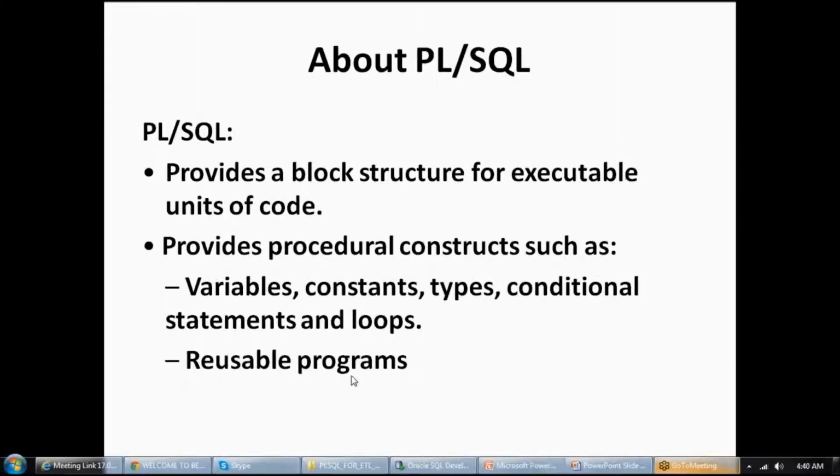Fine. Okay, just see this about PL/SQL. We can write the PL/SQL program in such a way that we can reuse it. Once you write the PL/SQL program and want to use it any number of times in the future, you can develop it, compile it, and the compiled code can be stored in the database.